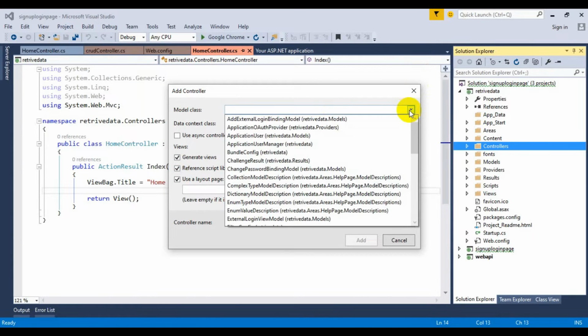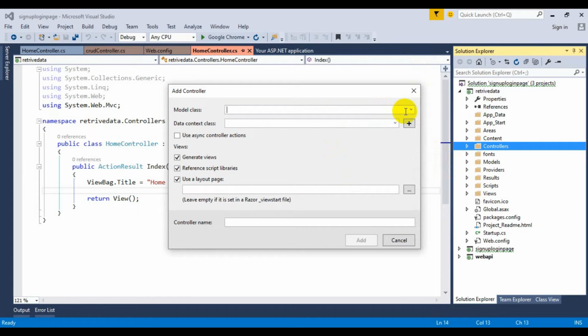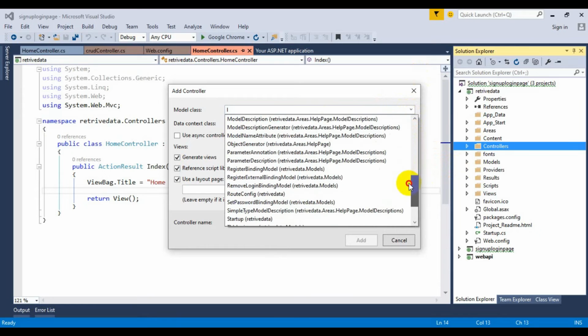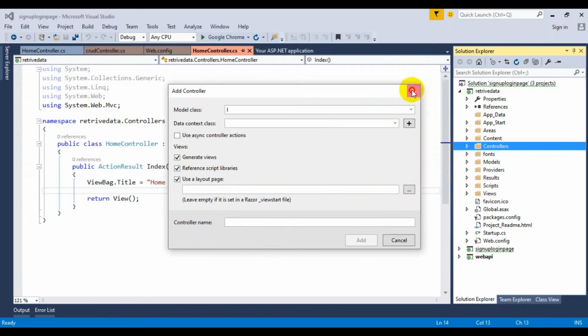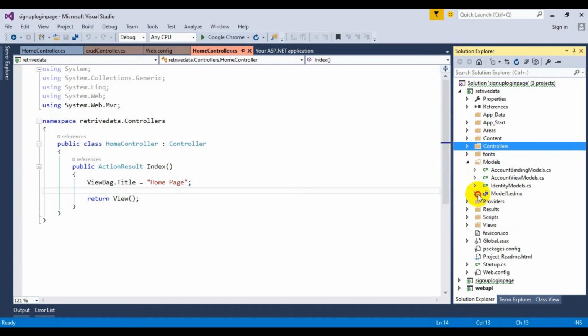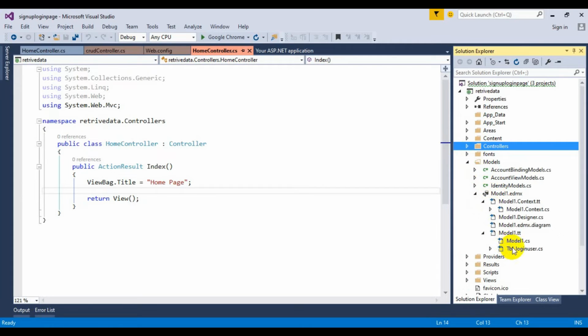You select the model class name. Wait a minute, my model class name is the model table login user.